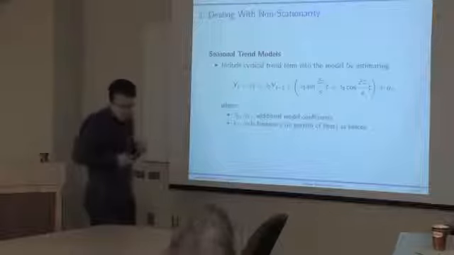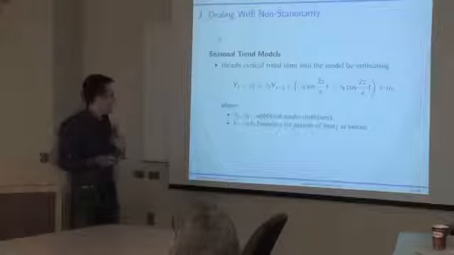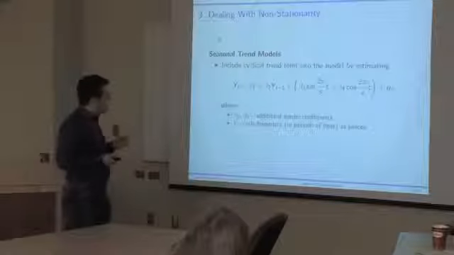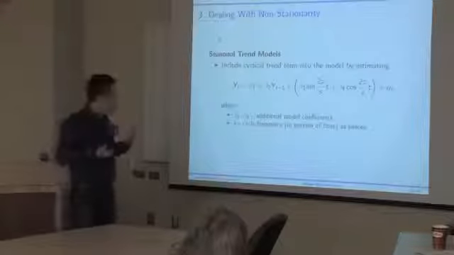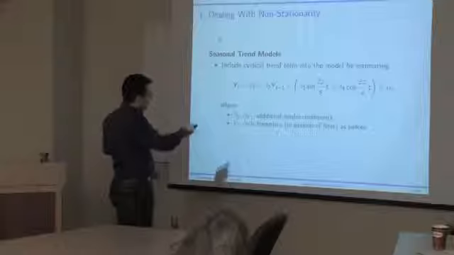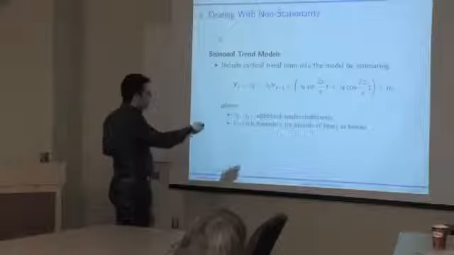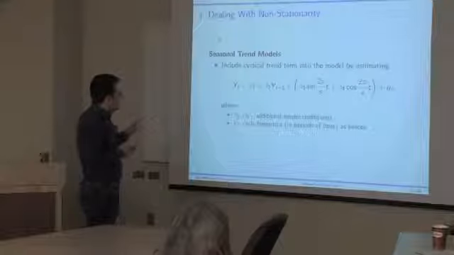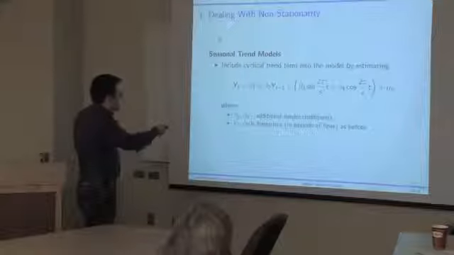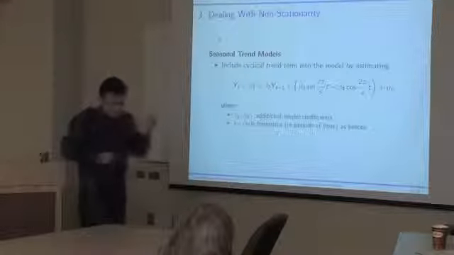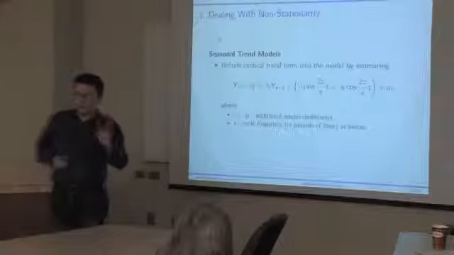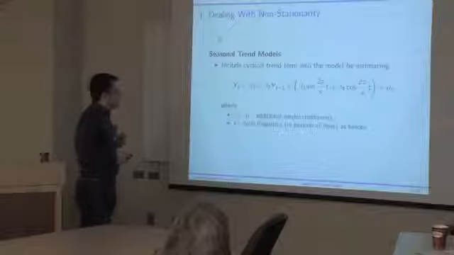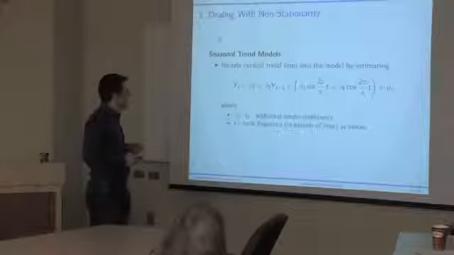I'm not going to go through the details, but you can show that this sine function of time can actually be expressed as a sum of two terms, as a sum of a sine which involves time and a cosine which involves time. Now the thing to note here is that this function is also a function of s, the frequency of your cycles that you chose before, in periods of time.